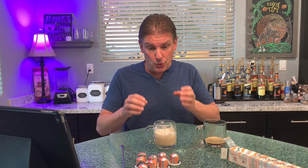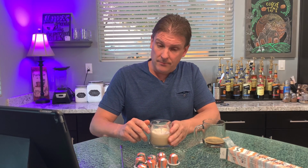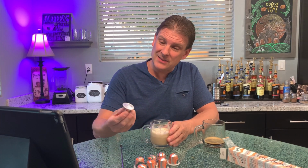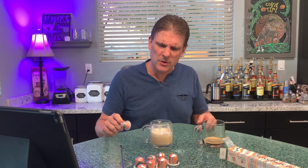However, you pair up that acidic, tart berry taste with the bitterness, and you put it with milk, which is naturally kind of sweet, and you give it a little shot of vanilla. Yes, 100% yes. This is a home run for flavor and taste. This was a shocker. By itself, I would say it's a pass. If you normally mix with a little bit of milk, and I wonder if